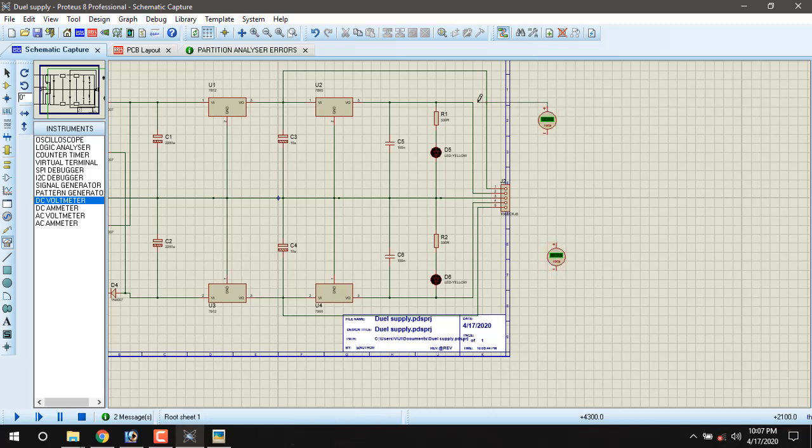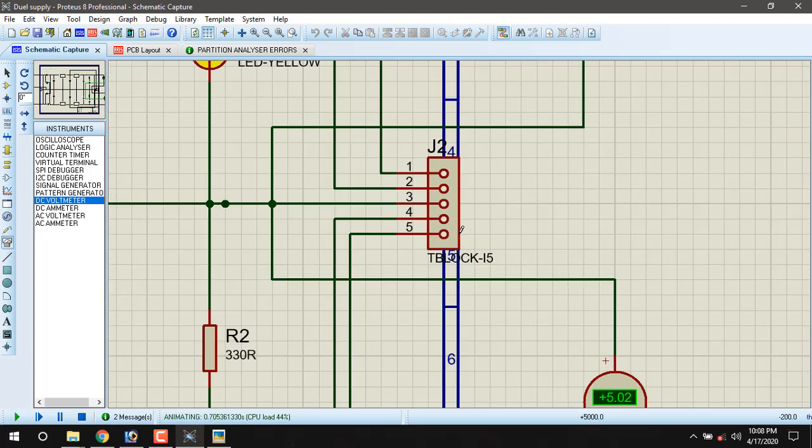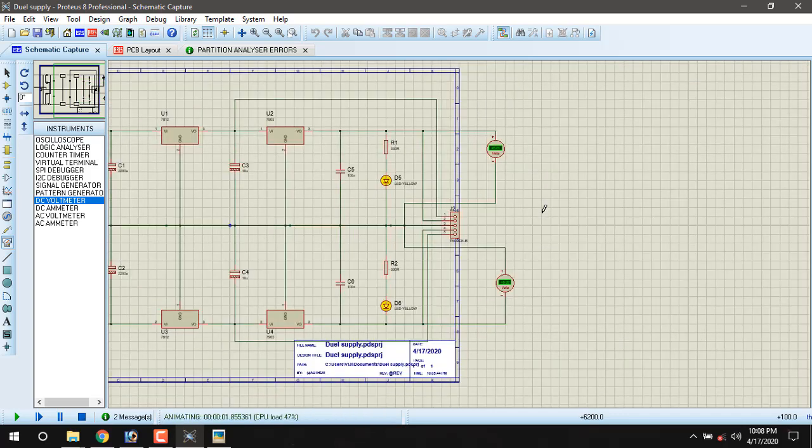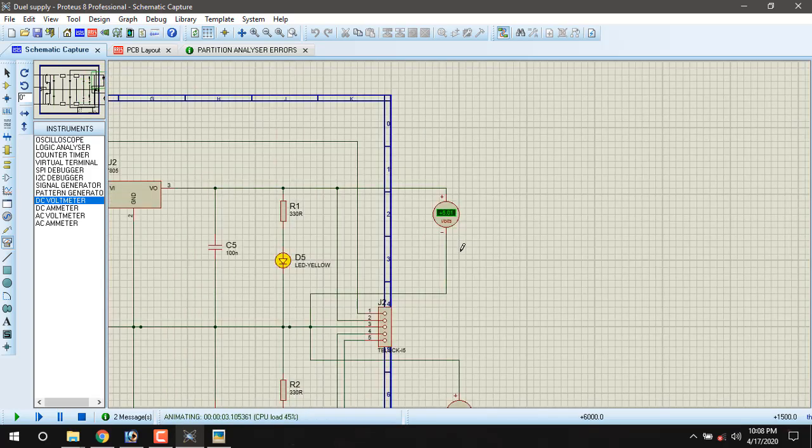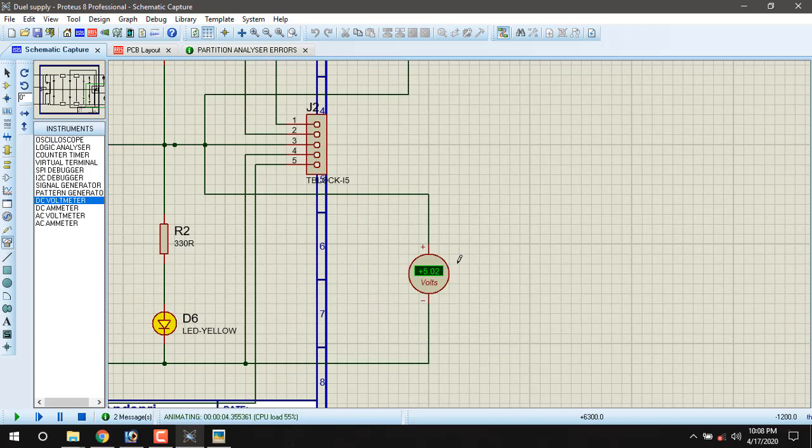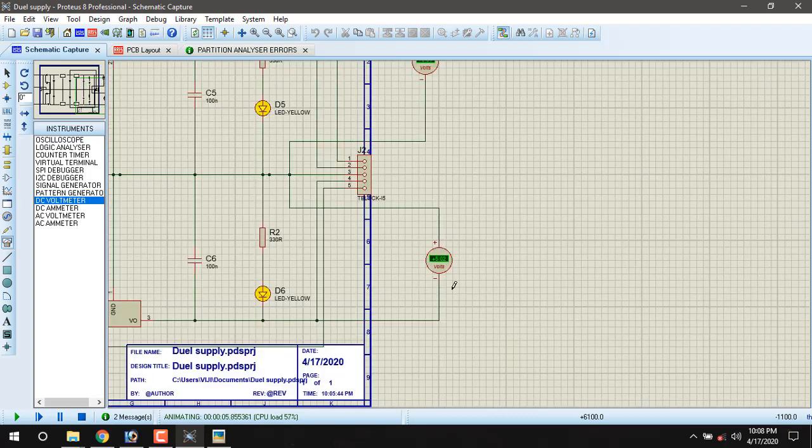Connecting here, minus is connected to ground, here plus is connected to ground, minus is connected to output. If you run the simulation, we can view plus 5 volt, also plus 5 volt. If you reverse the voltmeter polarity, we can see minus 5 volt.